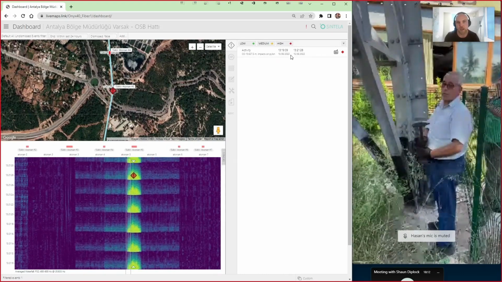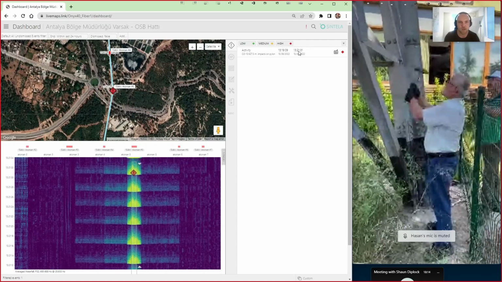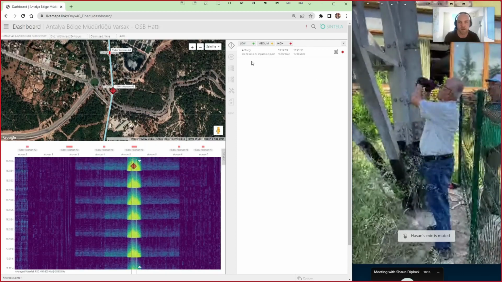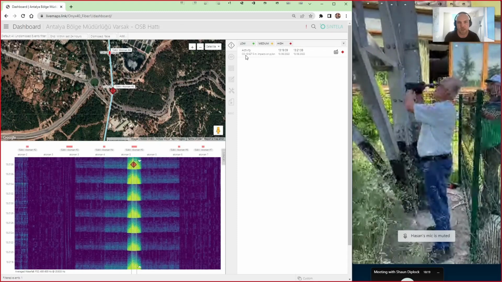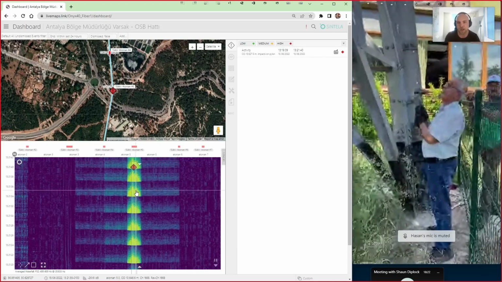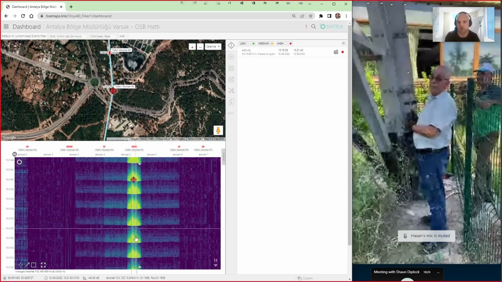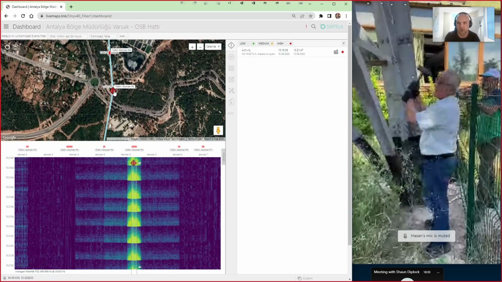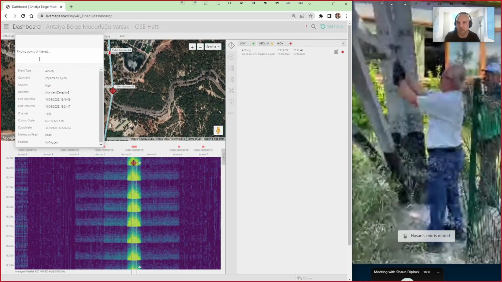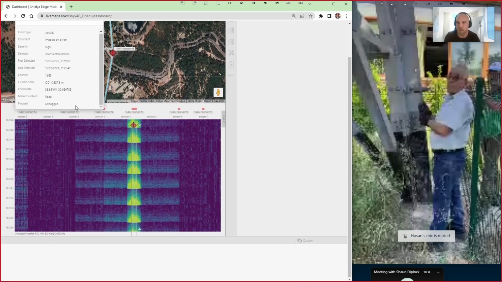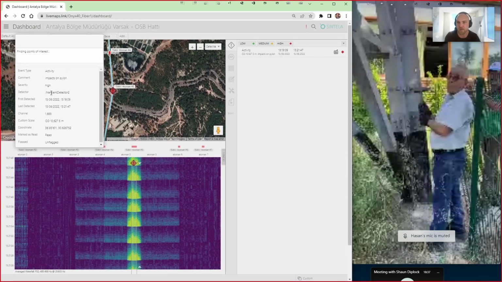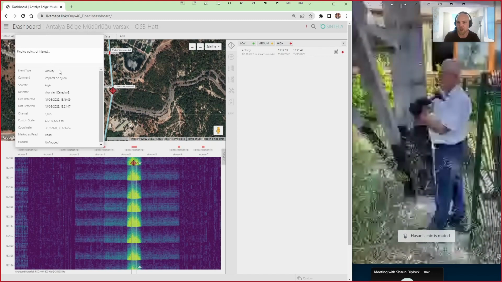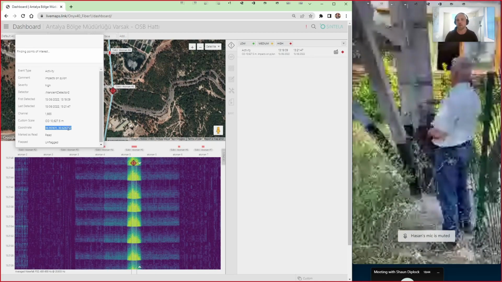The event table itself shows the start time, the finish time, which is updating, the distance along the cable. So this activity is happening at 11 kilometers along the fiber optic cable. If I click on the event details, it will tell me what detector has created the event, the event type itself, and the GPS coordinates, so that any operators and ground teams and security teams can go straight